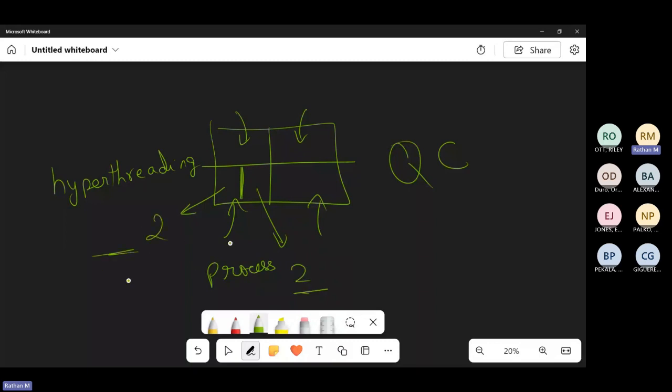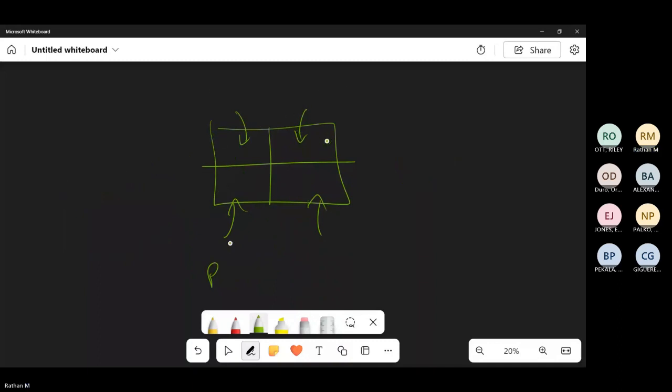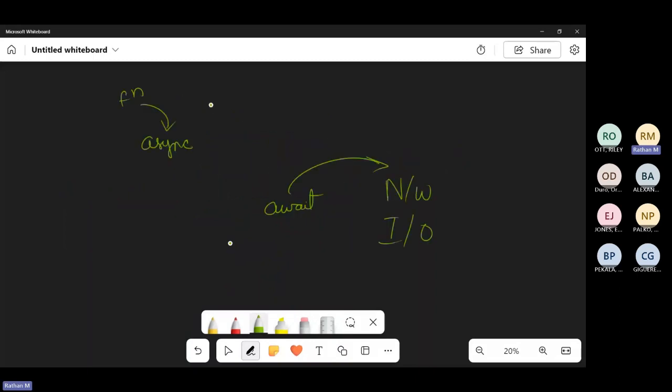In other words, two threads at a time. So the whole idea is that you can run multiple threads simultaneously. One thread will run in one core, another thread will run in another core, and so on. And that is where multi-threading comes into existence.